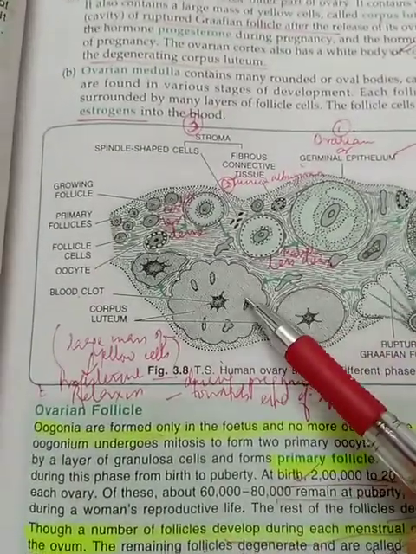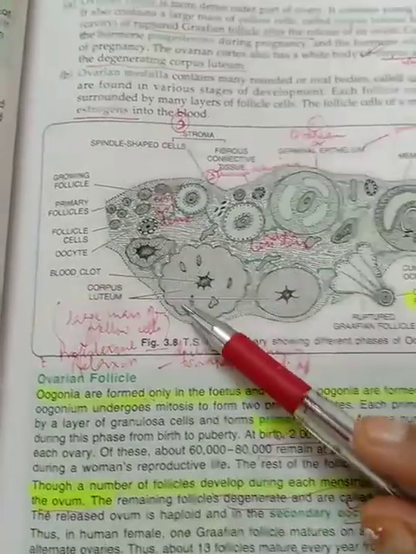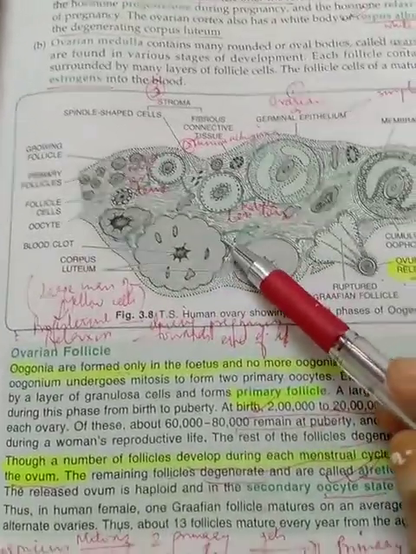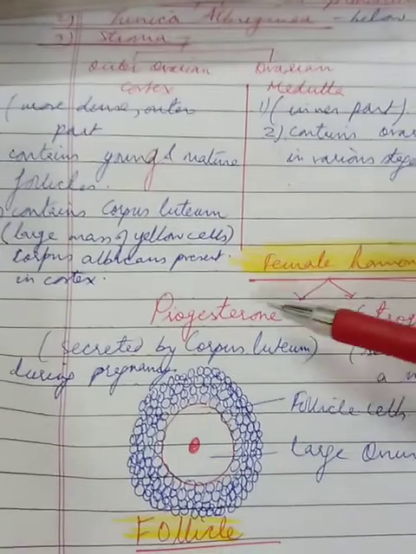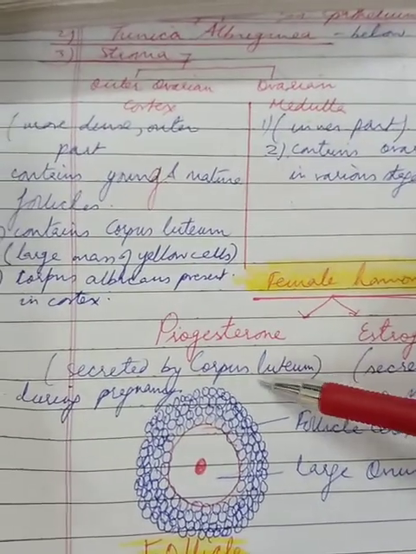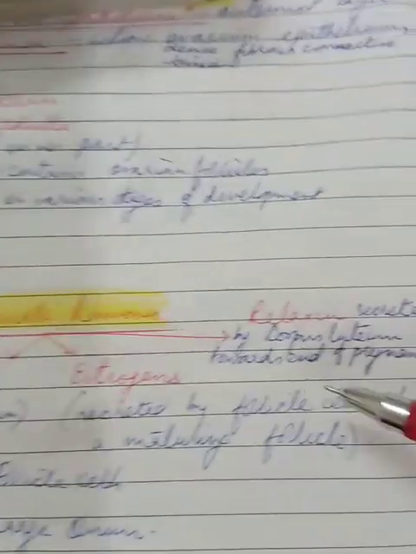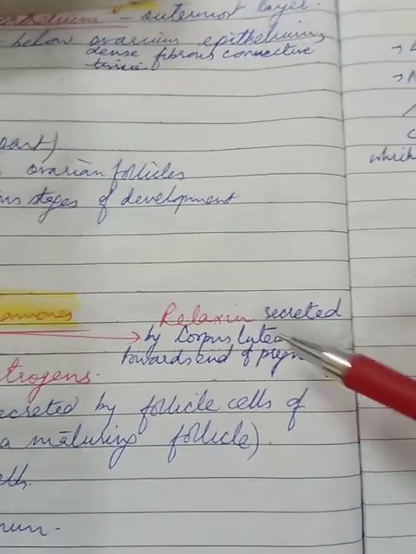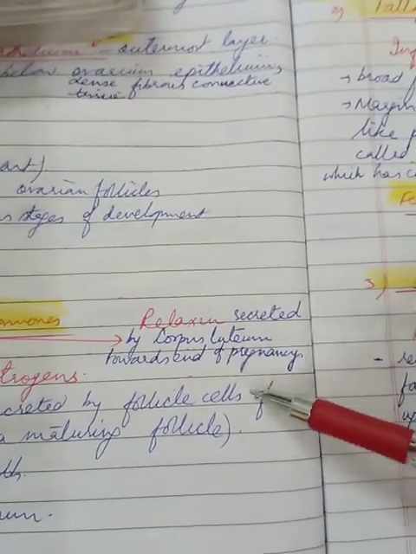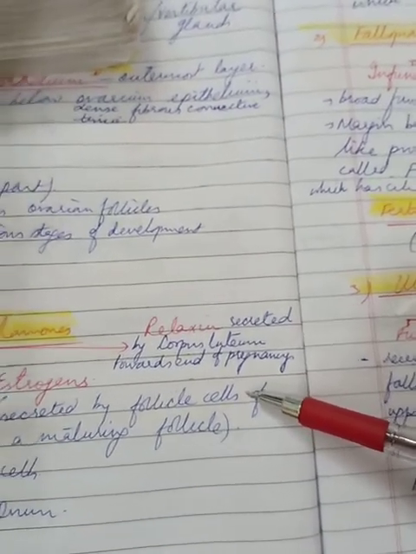So the remaining part is a yellow mass, a large mass of yellow cells. We call it corpus luteum. But this is not a waste, because corpus luteum secretes 2 hormones. Number 1 is progesterone, which is secreted during pregnancy. The other hormone released by corpus luteum, towards the end of the pregnancy period, we call relaxin, and the name tells that this is to relax the uterus muscles for the childbirth.